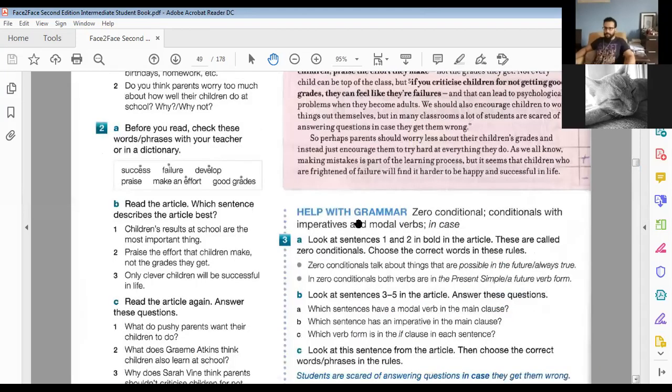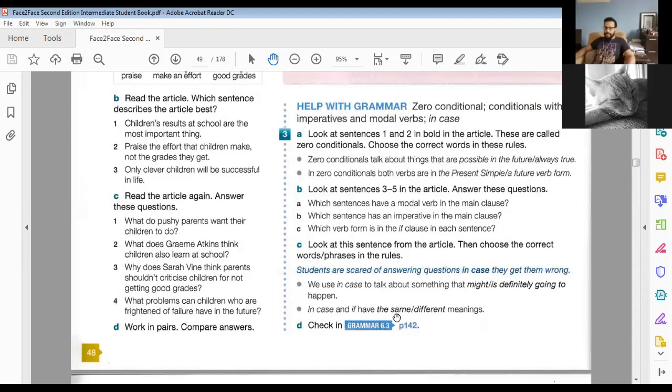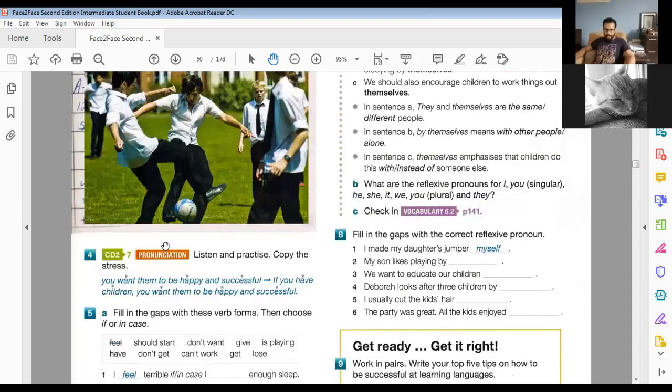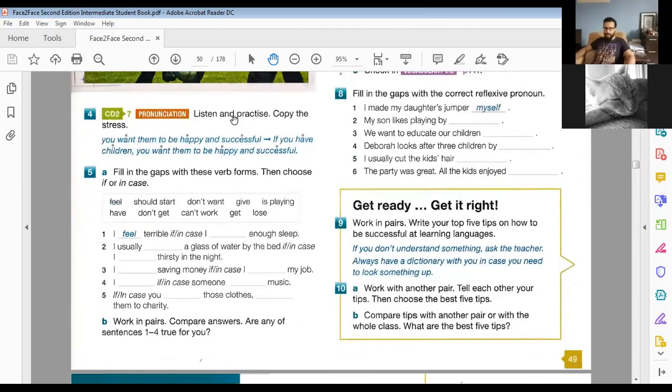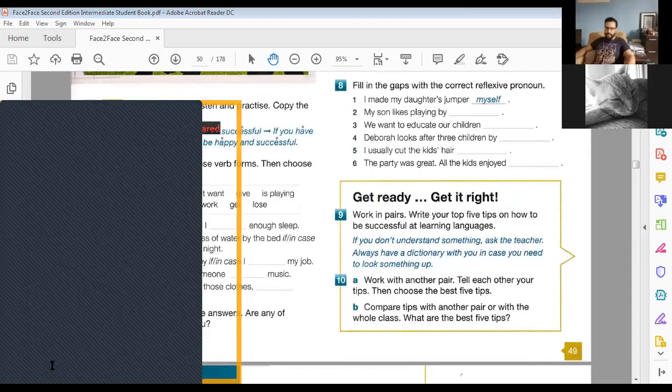Okay, here we are. All right, so we agreed that in case has a different meaning. It's not the same as if. There is a bit of a difference. All right, I think it's time for some exercises, but let's do a little bit of listening first, Ibrahim. Let's just practice. We want to listen and practice and maybe try to get the stress correct. Okay, so let me take you to the listening track and let's do a little bit of listening.